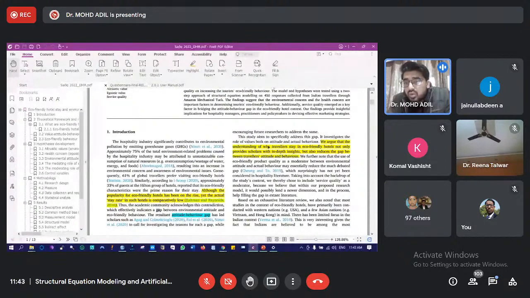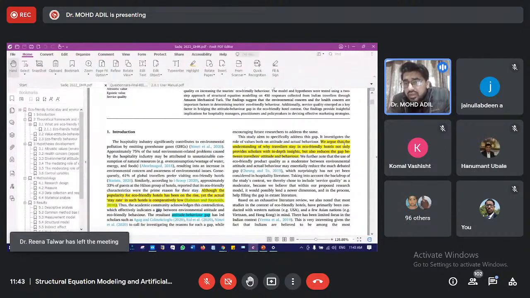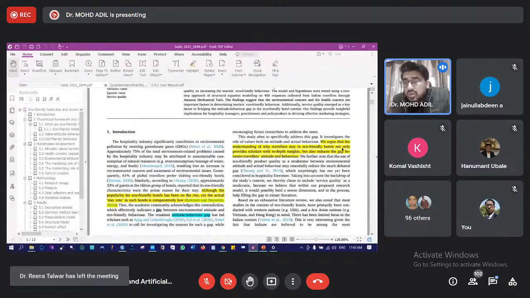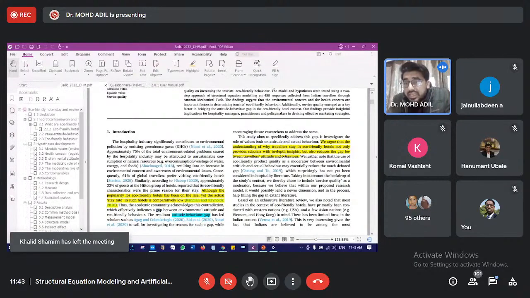It investigates the role of values. We argue that the understanding of why travelers stay in eco-friendly hotels not only provides scholars with in-depth insights, but also reduces the gap between travelers' attitude and behavior. Now here comes the important line. We further note that the use of eco-friendly product quality as a moderator between environmental attitude and actual behavior may